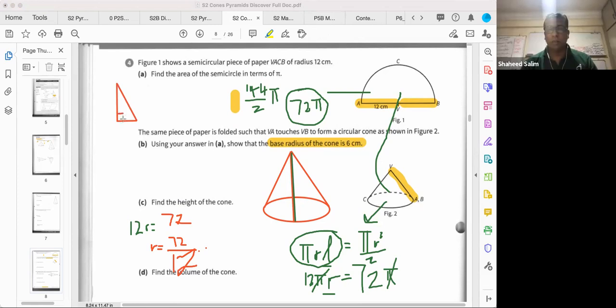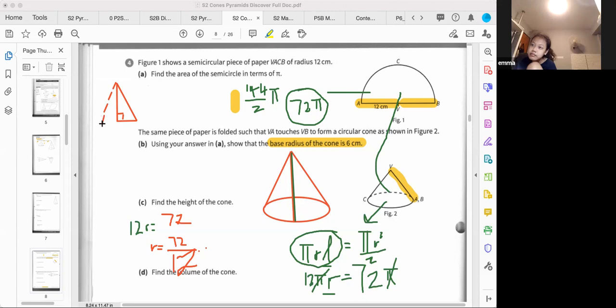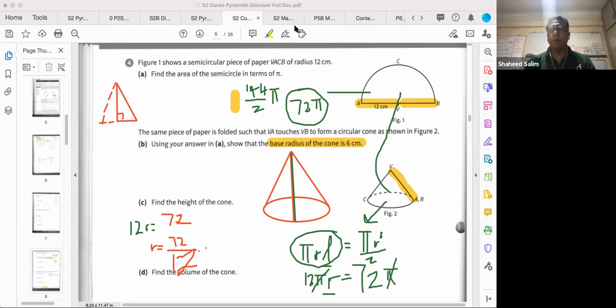Okay, so I'm drawing the side view of the cone here. Part of the cone, the other side is here. I'm drawing half of the cone. We agree already that you want to find the height, which is a question mark here. We know this is 6. We agree that L is 12. You agree, right? So now you can find the height